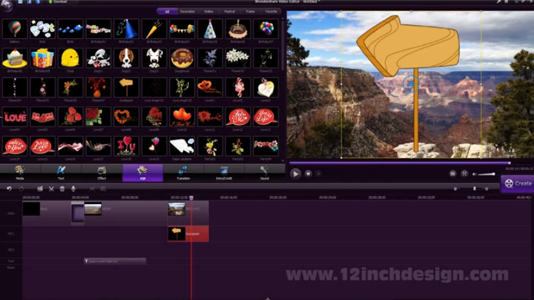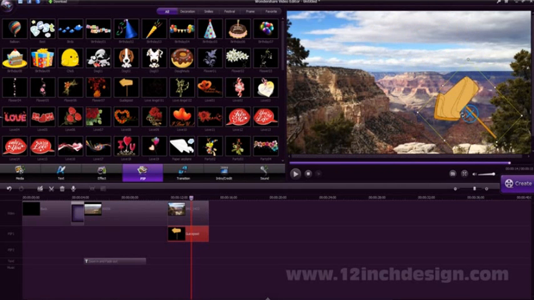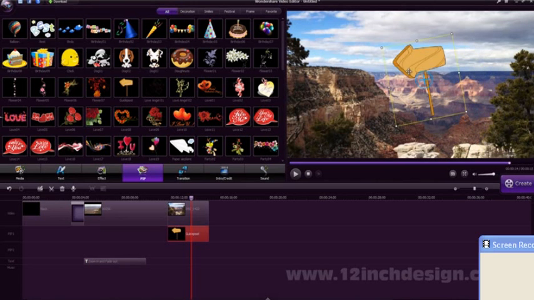Now, you can see there are some handles on here, and I can actually grab them and resize my footage or my effect, my graphic overlay, and I can move it. I can also rotate it. Get the little rotation arrow there. I can rotate it like so. One thing that I don't like about this is that there does not appear to be any way